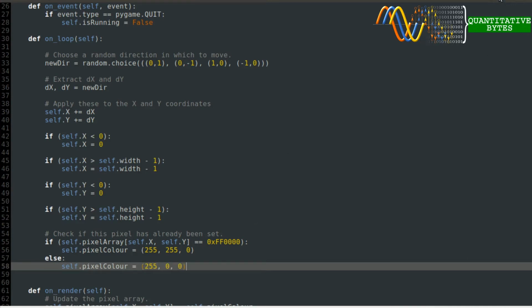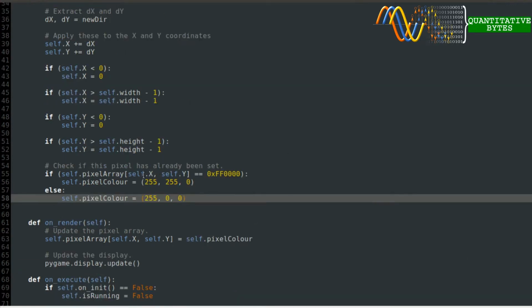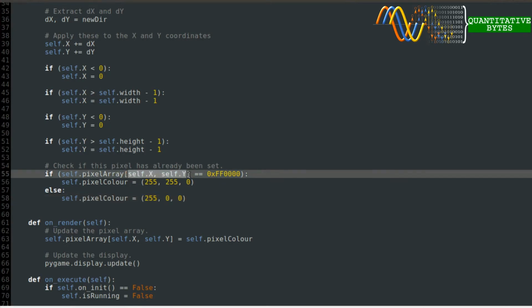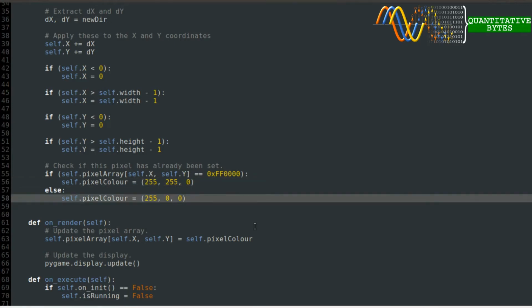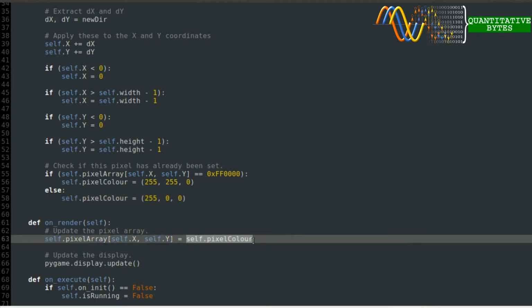Okay, so what that will do now, every time through the loop, it's going to check if the new pixel that we're moving to has been set already. If it has, we set pixel color to yellow. Otherwise, we leave pixel color as red. And of course, in the onRender method, we draw each pixel using the pixel color method. So now if we run that code now,